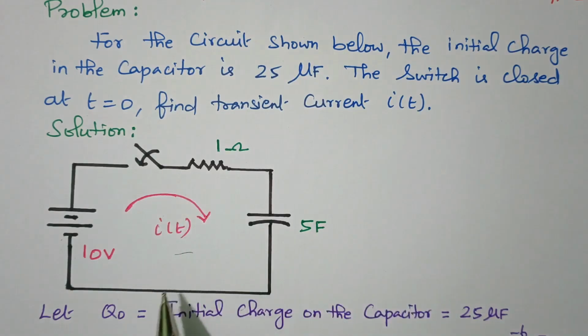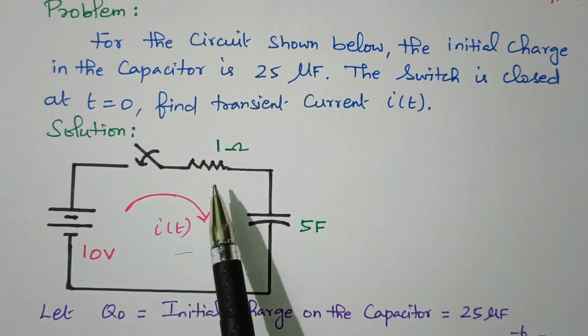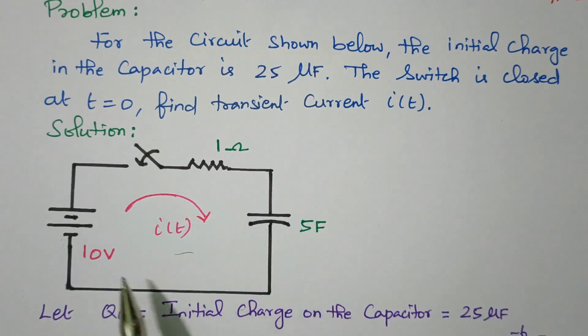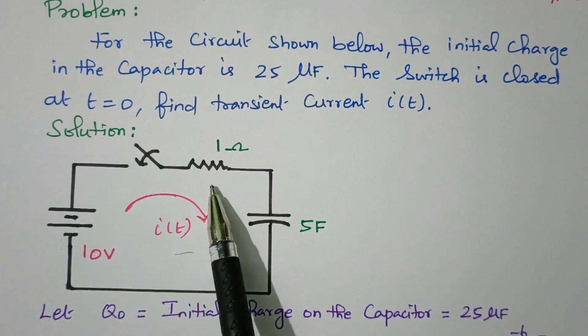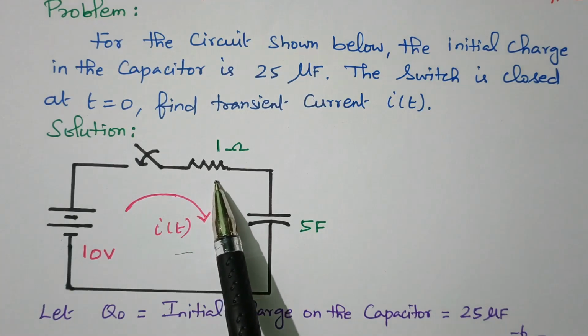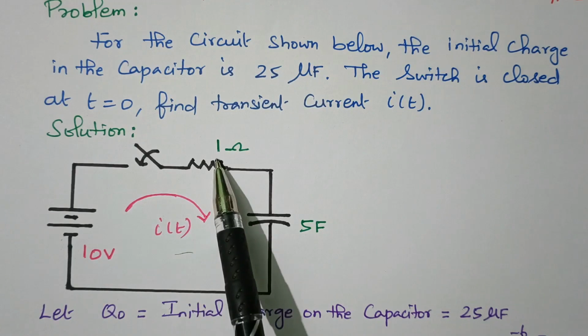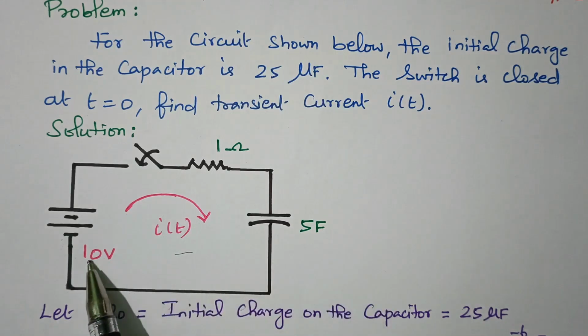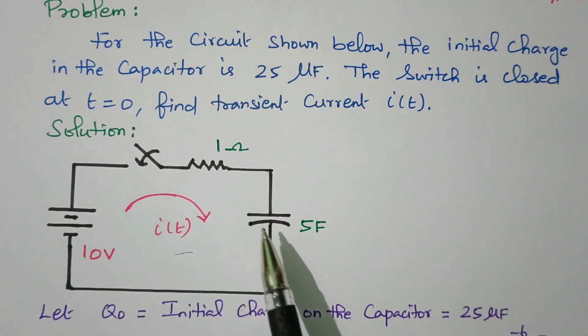Right. So in this we are going to apply Kirchhoff's voltage law, KVL. KVL is nothing but voltage rise equal to voltage drop. This 10 volt is the voltage rise. Voltage drop is the voltage drop across the resistor plus the voltage drop across the capacitor. So this 10 volt equal to the voltage drop across the resistor, which is I into R. I is the transient current, R is 1 ohm. Drop across the capacitor is 1 by C integral I dt. Right. So we will use the KVL later, so that V equal to voltage drop across resistor plus voltage drop